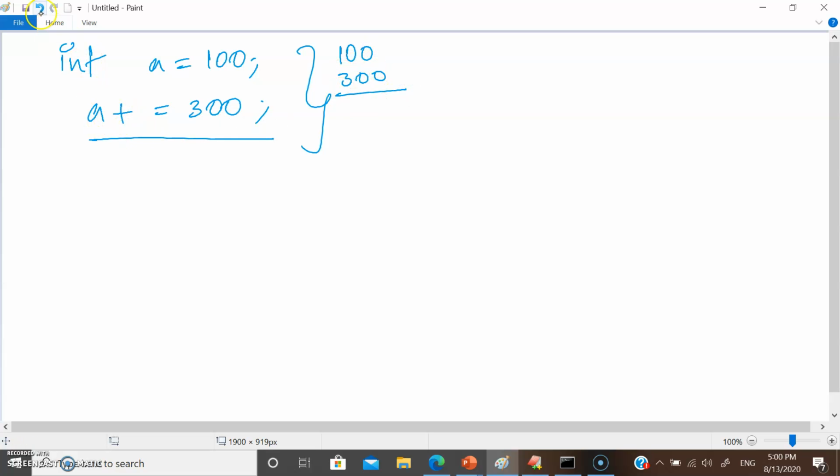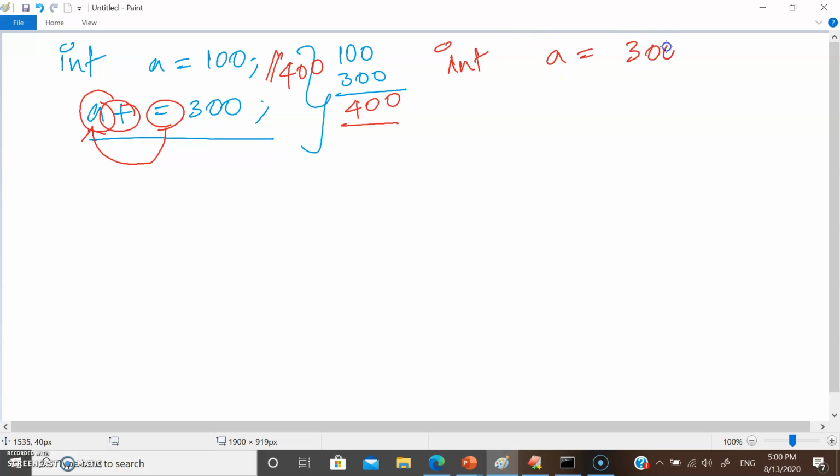First it will do the addition, and the addition gives 400. Now what the equal operator does is, whatever value we got, that value is assigned to the variable a. So now the a value will be 400. Okay, let's take another example.